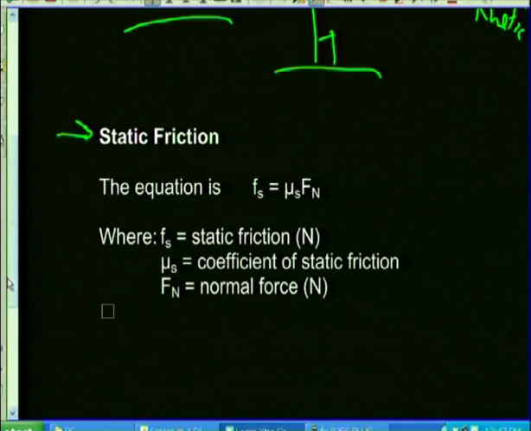So let's have a look at static friction first of all. Here is the equation for static friction. The maximum static friction can be is equal to something called the coefficient of static friction times the normal force. The coefficient of friction depends on the surface that the objects are interacting with. If it's stationary and we start to push, there's a value that we call the coefficient of friction that will give us an indication of those materials as they interact,